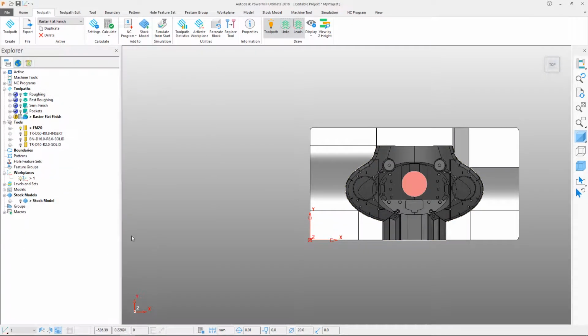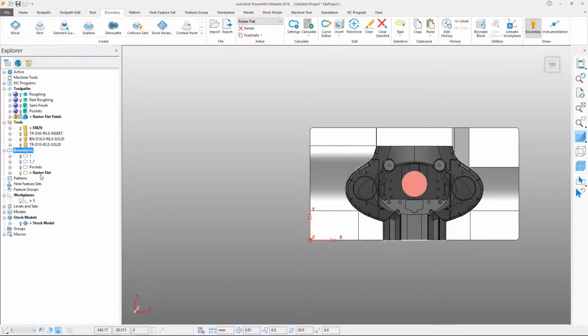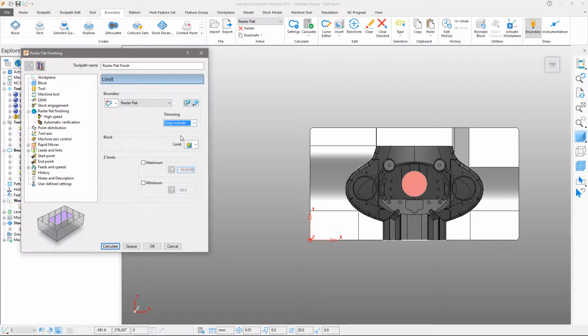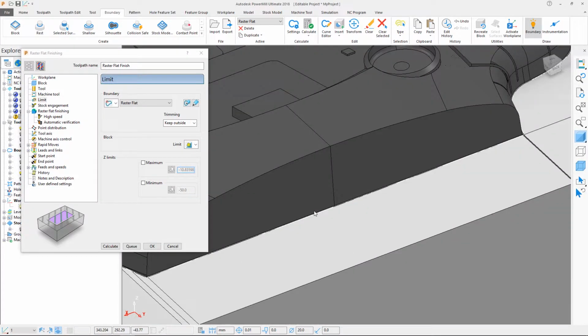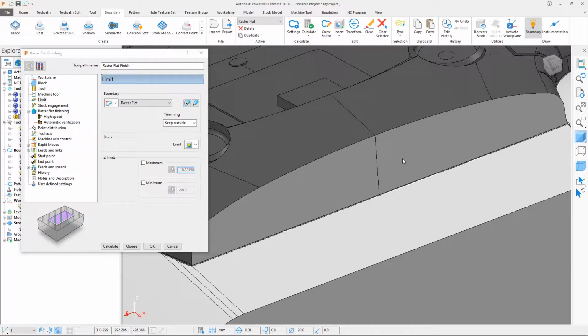Go back to the settings of your Raster Flat finishing toolpath and use this boundary, but make sure the trimming is set to keep outside. To avoid coming into contact with the material on the back here, we will also collision check some of the surfaces. From the component thickness form, shift select the two faces in the